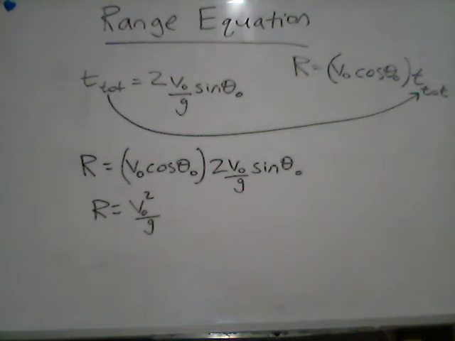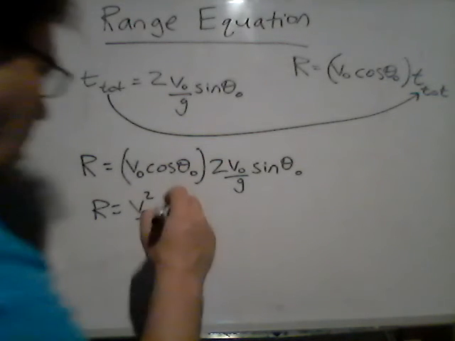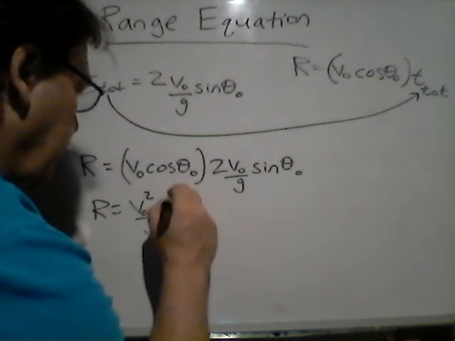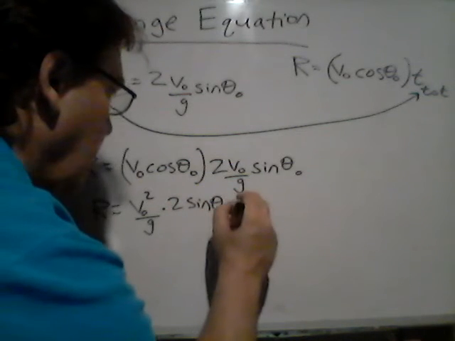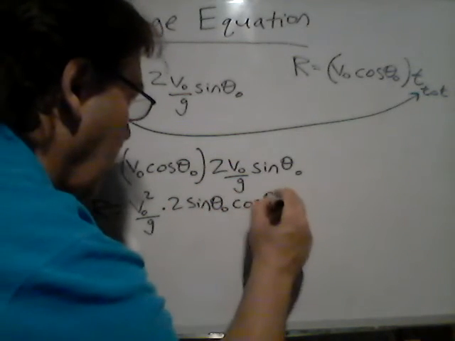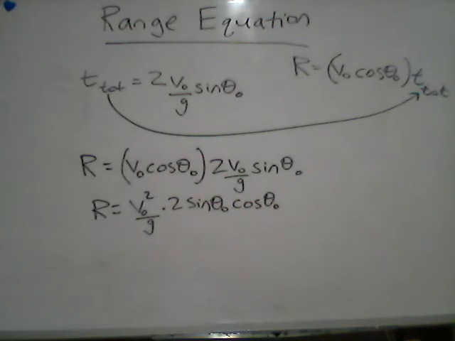All right. And then what I'm going to do is rewrite the rest of it in a suggestive way. The rest of it is multiplied by 2 sine of theta naught times the cosine of theta naught. I'm just pulling the V naughts together and the G. Now, if we go back to trigonometric identity, we find out that